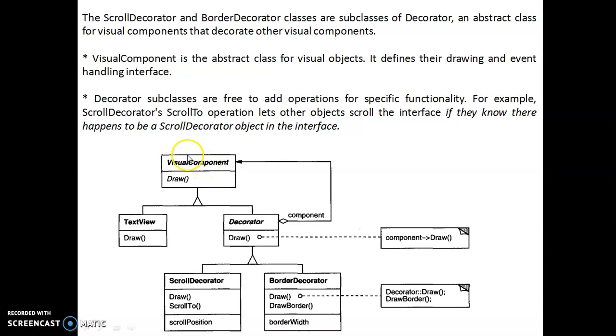We see the parent class has a draw function, a view, a text view. One more is being extended. We have an inheritance hierarchy. Decorator is over here, and the scroll decorator and a border decorator. You can see this component has a draw function, and here is also a draw function.